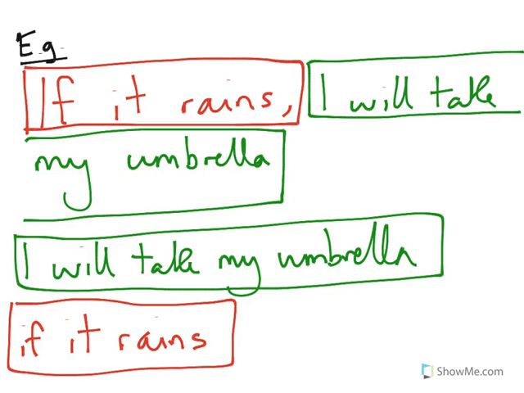When we write first conditional sentences, we can start with if, or we can start with will. In the first example, we start with if. Notice there are two blocks, a red block and a green block. In the red block, it starts from if till the comma, and the will section is after the comma. It's important to remember that in the if section we use the present simple, and in the will section the